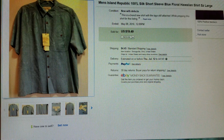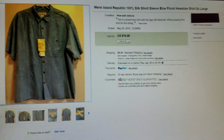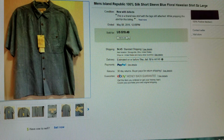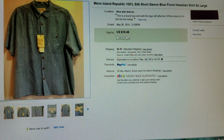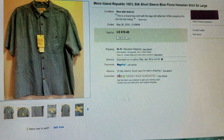So without further ado, what you're looking at here is the one that sold in May. Let me adjust the camera so you can see it better. This is a men's 100% washable silk shirt. I bought this back in January, new with tags at Salvation Army. I noticed when prepping it, there was a small brown stain in the front there. It's hard to see on the